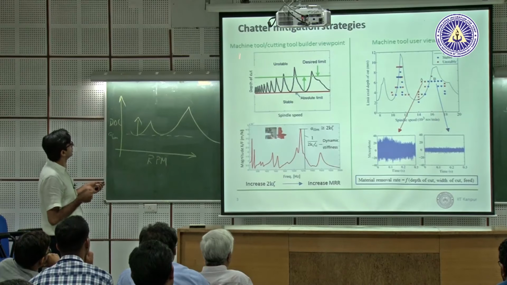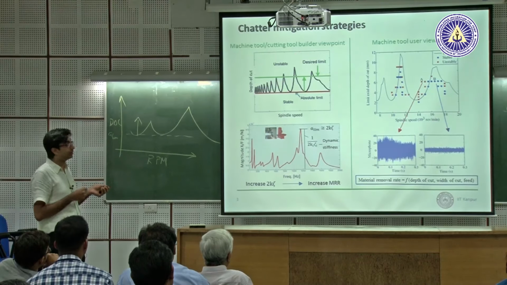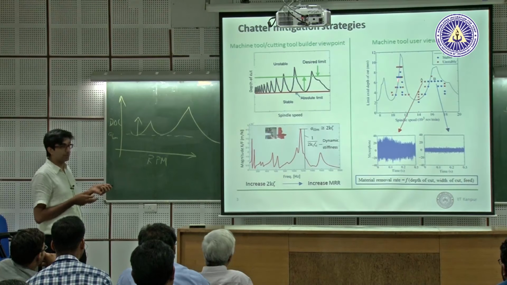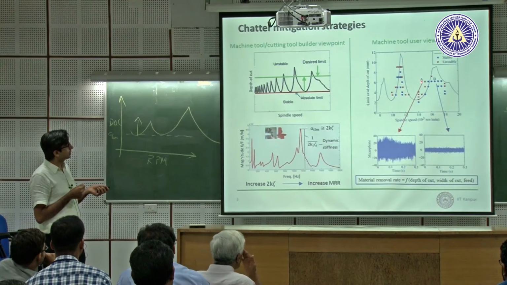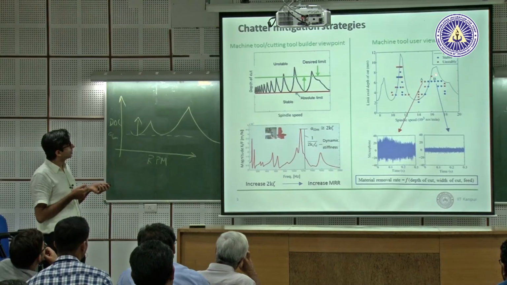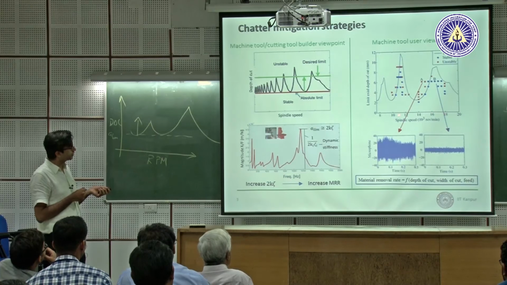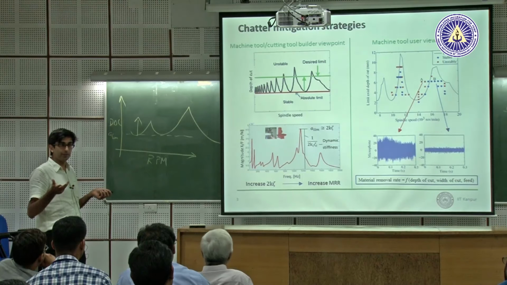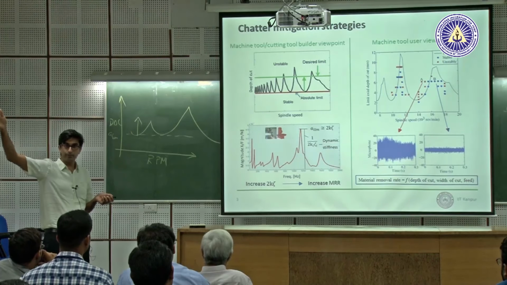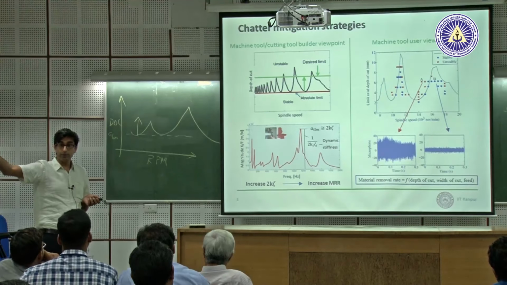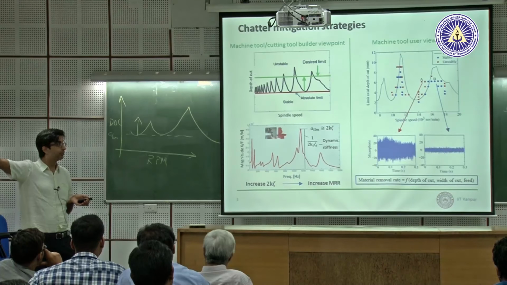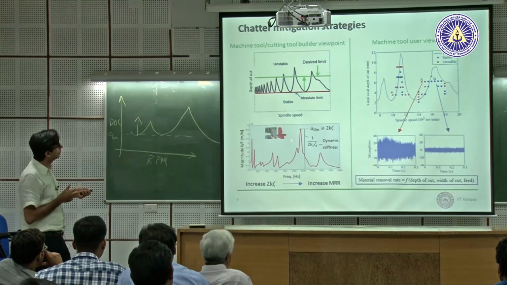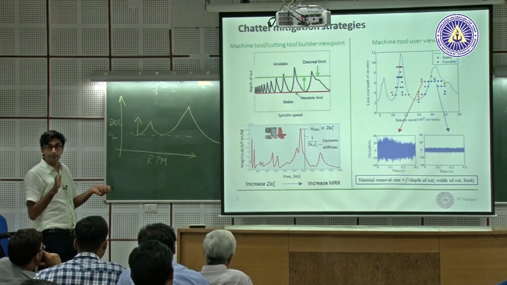This is the machine tool user or builder viewpoint, machine or tool. This we did yesterday in the lab. If I am a user and somebody gives me these charts, I can select points which will give me unstable cutting if I am in the chatter region. Instead of becoming conservative and reducing depth of cut or spindle speed, I can move into a stability pocket. We did this calculation yesterday by just changing spindle speed from unstable to stable. We were able to improve productivity by, what, 30%? Conservatively, because our machine is not capable of going into the high speed pocket. But if you have a machine, you can go there. This is a user, this is a builder. Our focus here today is going to be this. This we've already done.